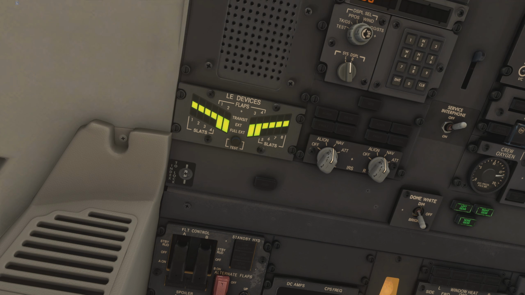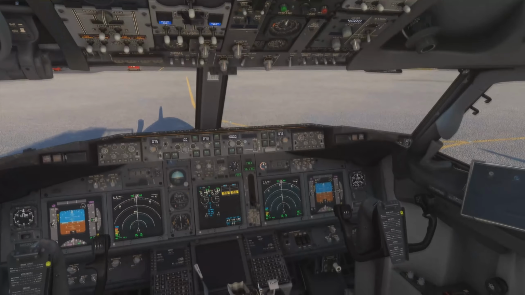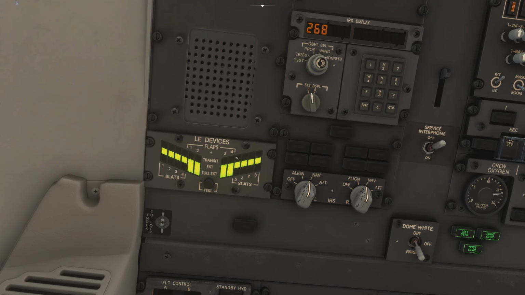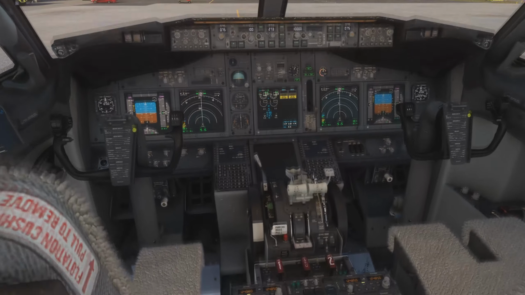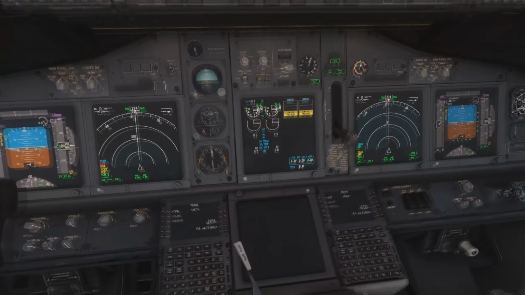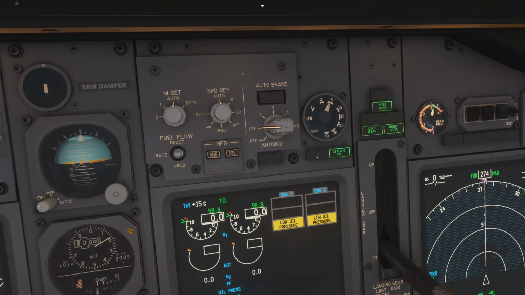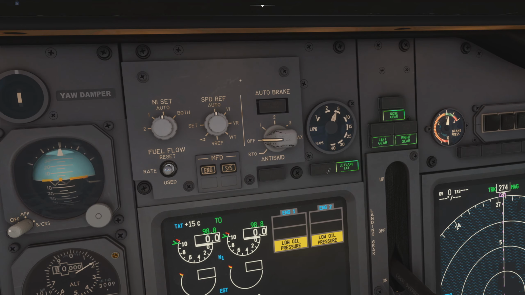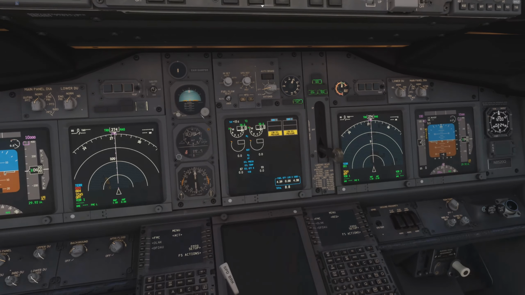Next, the transit amber light comes on. The transit amber light is right here. So the leading edge flaps transit light will illuminate,